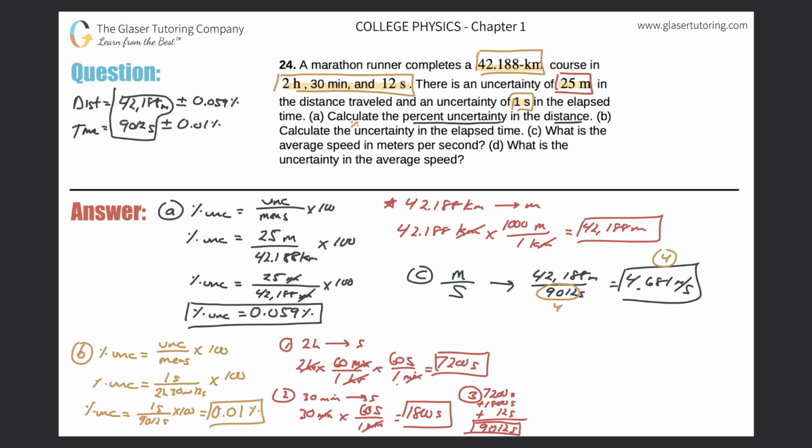Okay, now part D. It says, what is the uncertainty in the average speed? So let's consider that in order to calculate average speed, we had to take the meters and the seconds together, right? Now remember, there was an uncertainty associated with the meters, and there was also an uncertainty associated with the measurement of seconds. Now, if you think about it, if I took those two uncertainties and put them together